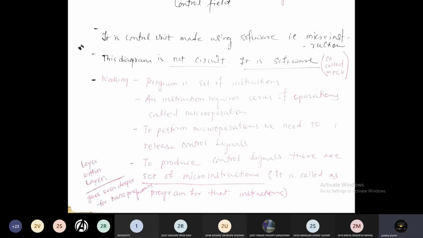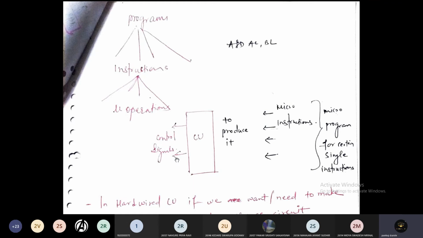Because we know that micro operations are what execute your individual instruction. Let us say you want to execute a similar instruction, add al comma bl, wherein add is the instruction and al and bl are operands. To execute that instruction, the control unit or the processor will perform micro operations. And to perform those micro operations, we write separate programs, and this is how the microprogram control unit will be developed.